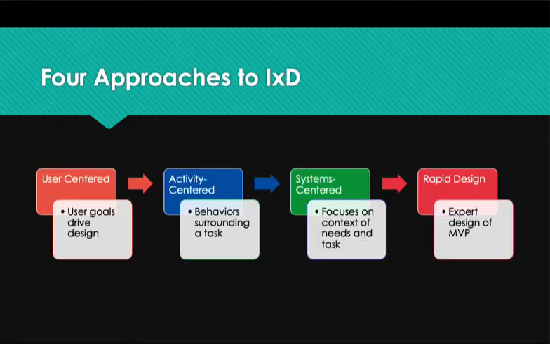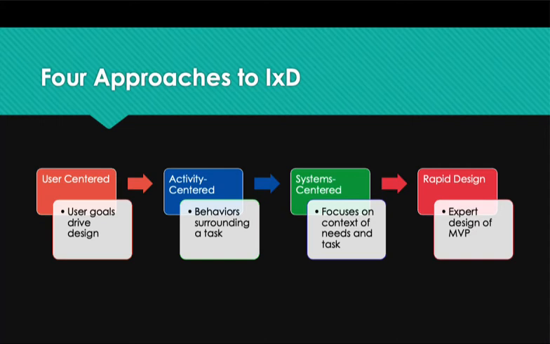Keep in mind that there are 4 approaches to interaction design, and this is covered in your reading. They're user-centered, activity-centered, and system-centered, and then rapid design. And they discuss them as if they're actually separate approaches, but I actually think that they're integrated. In fact, activity-centered, system-centered, and rapid design are really subsets of user-centered design, in my opinion, and based on other